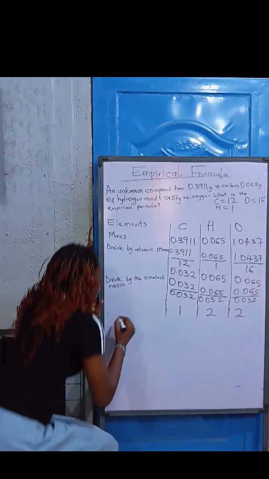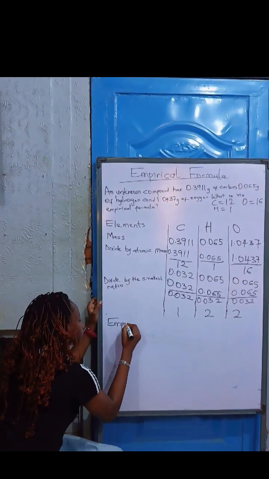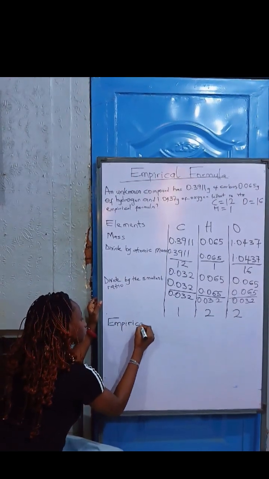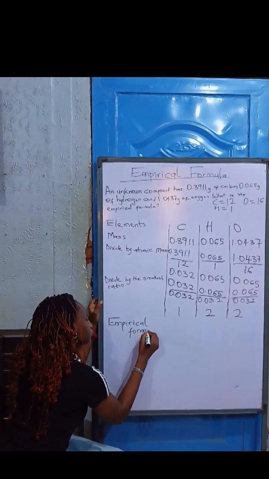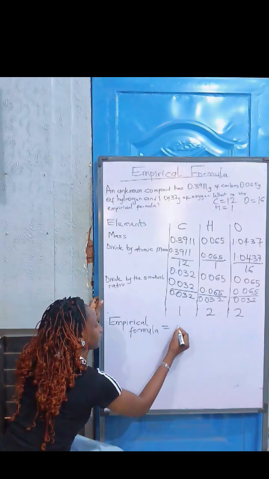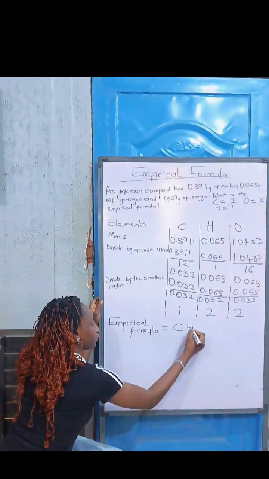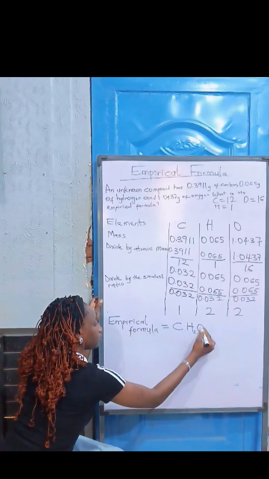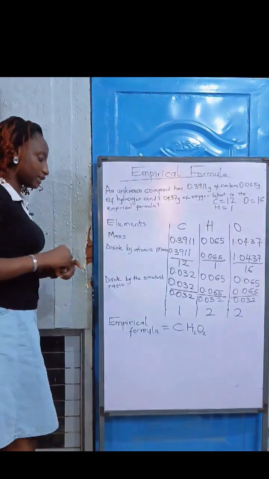So I can say that the empirical formula is equal to C with a subscript of 1, H with a subscript of 2, and O with a subscript of 2. Our empirical formula for this particular question is